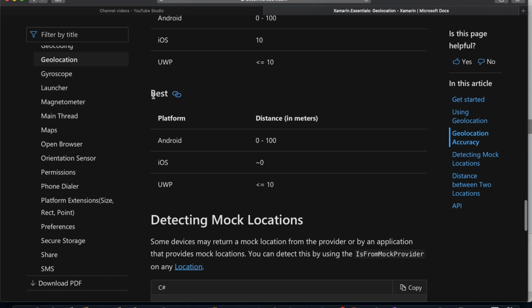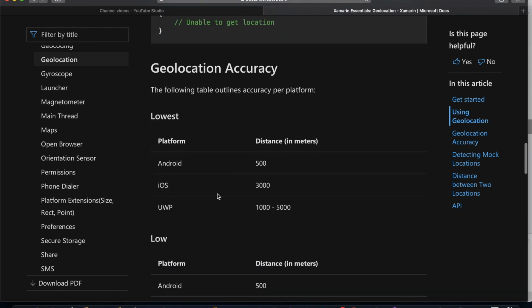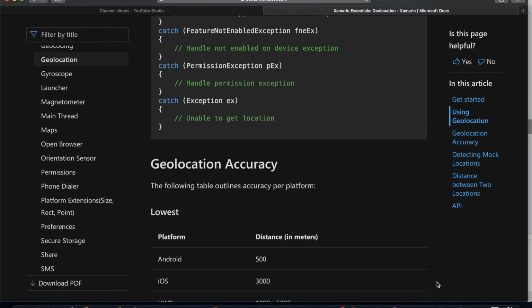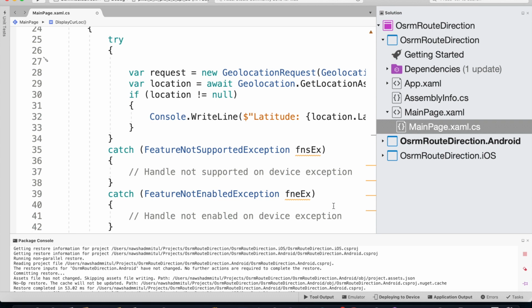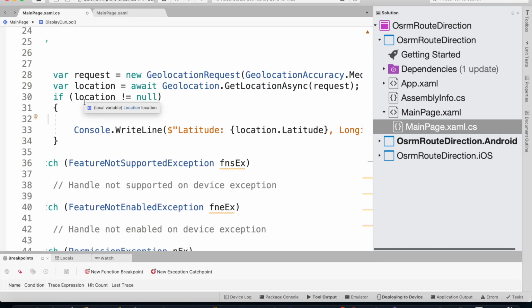We could use the best. For Android it's going to be almost the precise exact location, iOS almost the same, and for UWP it's within a 10 meter radius. For our application, we're good to use the medium location accuracy. Now that we have got our user's location,